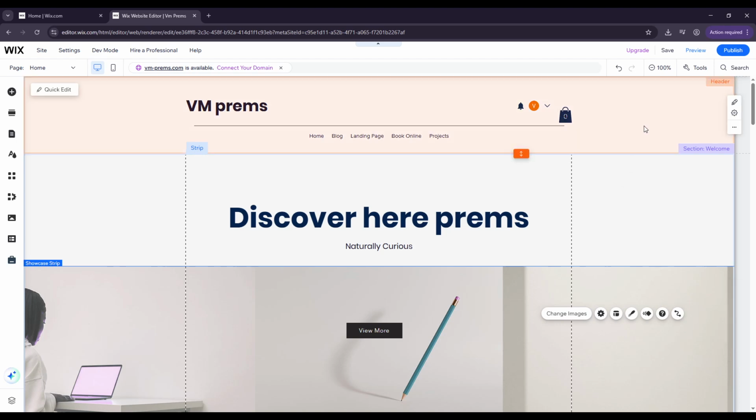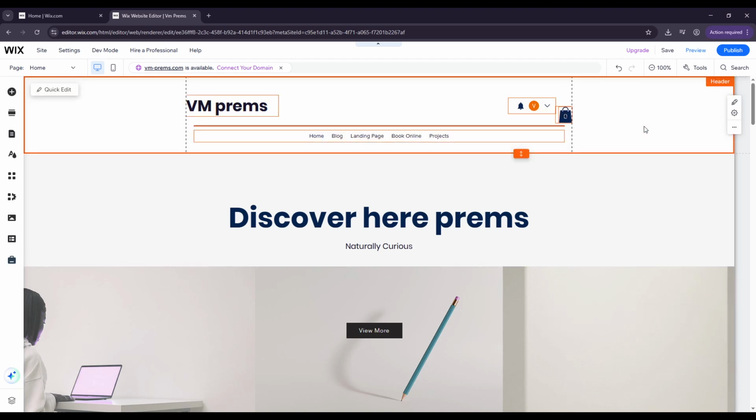Next, click directly on your header to select it. You'll know it's selected when you see the blue outline and a small label that says header. If you click and don't see that label, you might have selected the page background or a strip instead, so try again right at the top of the page. Selecting the correct element is important because transparency needs to be applied to the header itself, not to the page